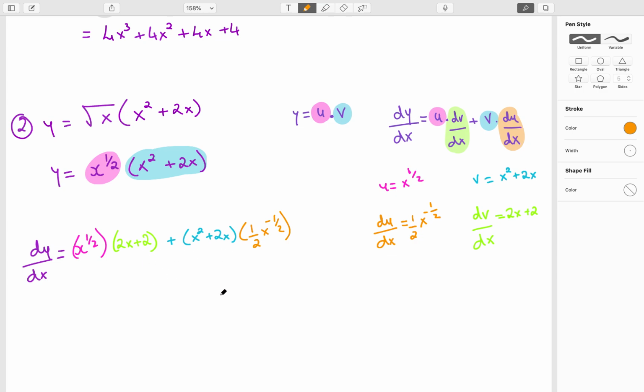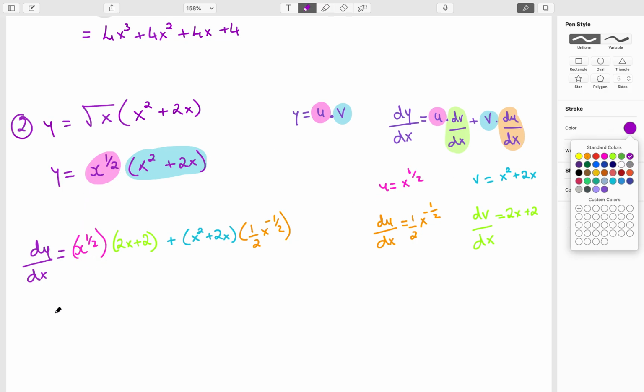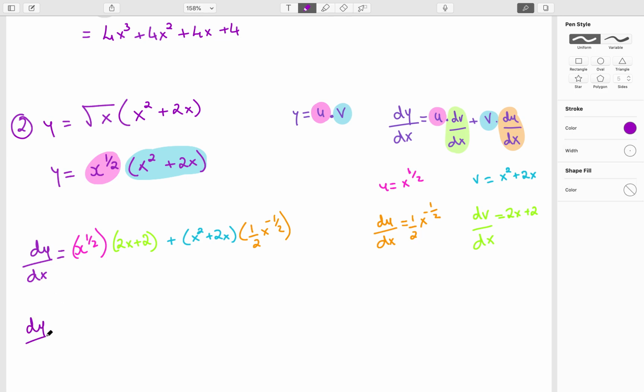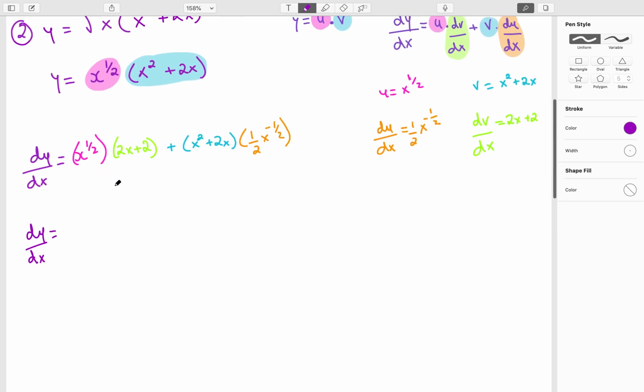Now we have to be careful because we have this x to the power of minus a half and x to the power of a half. So when we're multiplying, we need to consider indice rules when we're doing that. So when I multiply those out then, so dy dx, that becomes x to the power of a half times 2x, which gives me 2, and then it's going to be x. And then because it's the same base, indices with the same base, we add the powers. So a half plus, and if there's nothing there, there's a 1 there. Add those two, and I get 2x to the power of 1.5 plus 2x to the half